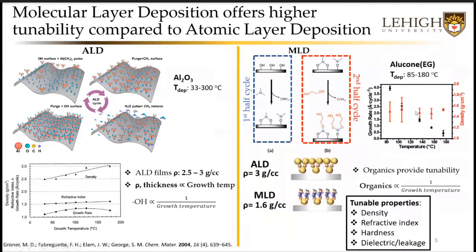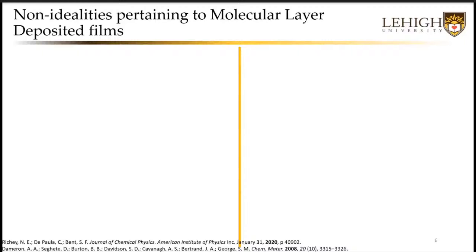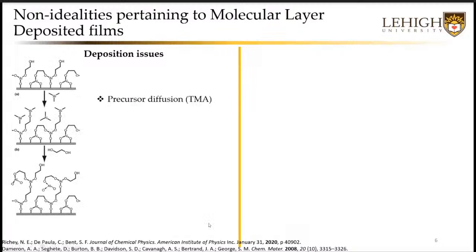So as we can see, till now we only spoke about the pros of the technique. As you all know, every technique also has some cons. We'll be discussing the problems associated with ALD and MLD. So when you look at this deposition, it is self-limiting as discussed earlier, but at lower growth temperatures, sometimes the precursors, like in this case trimethyl aluminum, diffuse inside the film. This diffusion causes some non-idealities,